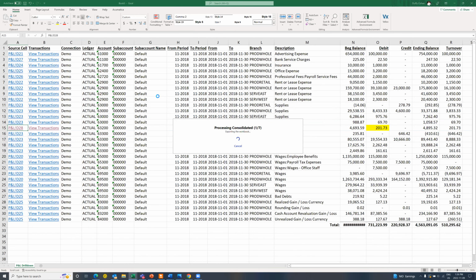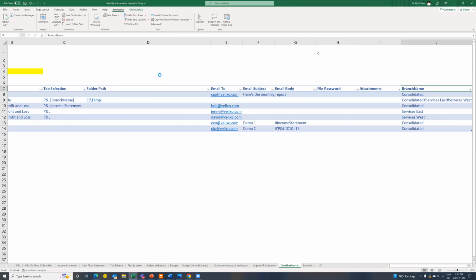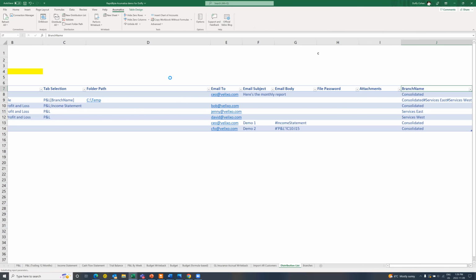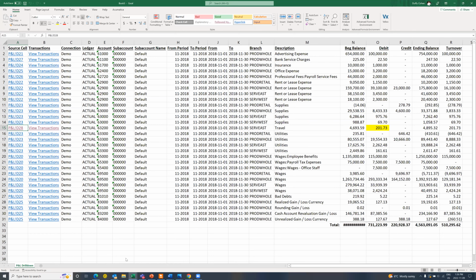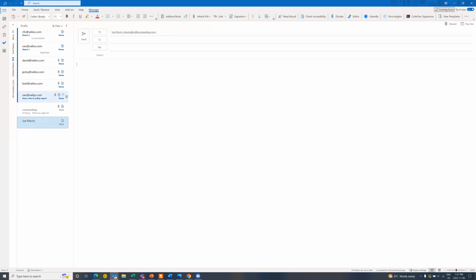We're only sending about 7 reports out now, so it should be about 30 to 45 seconds. But if you're going to be sending out 30 or 40 reports, it might take a couple of minutes. Once the reports have completely sent out, I will showcase what they look like from an end user's perspective. All right. It's working very hard at sending these reports out, but we should be there shortly. All right, perfect. So I'm going to go back into Outlook at this point. And just like that, we have all of our